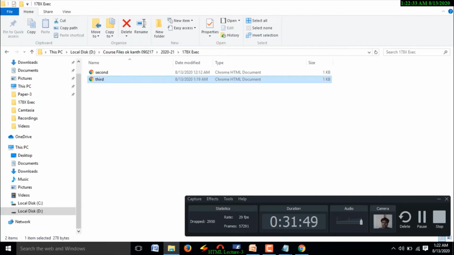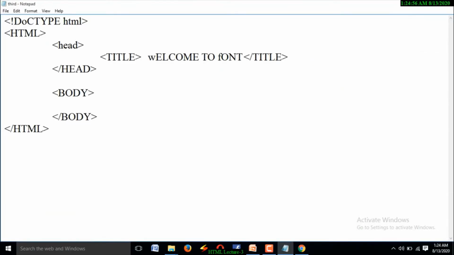Here the tag name is img. The image tag has 4 different properties. The first property is src. Src indicates the source location of the image.